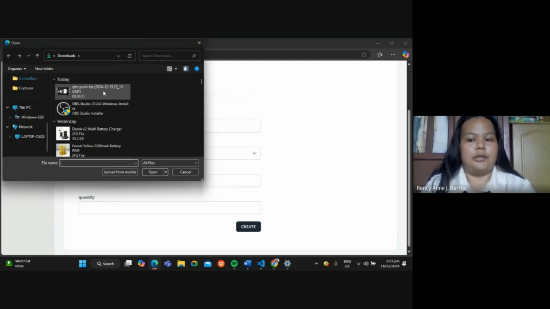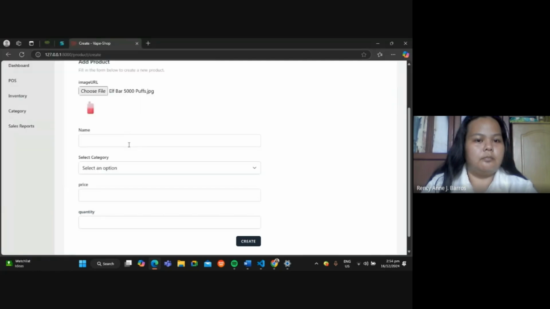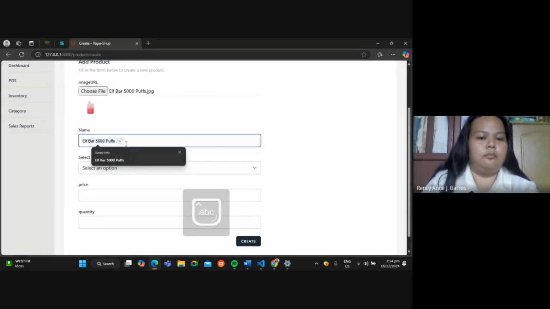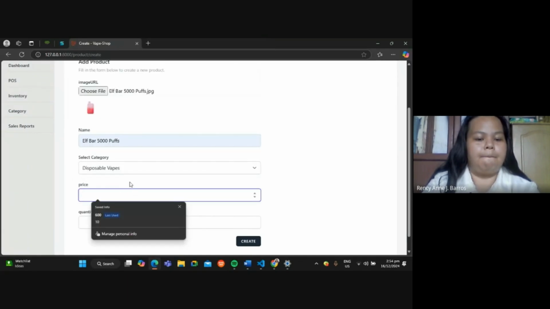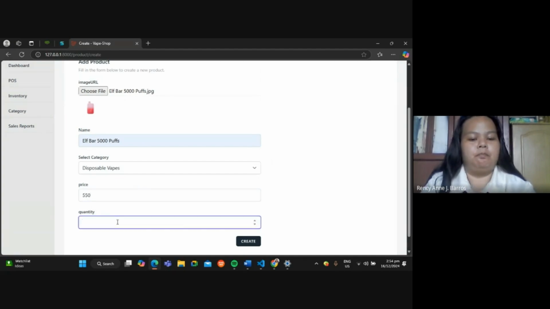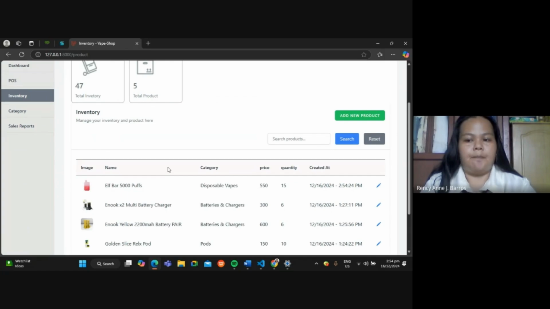Note that adding a product is possible even without uploading an image. After submission, the product table will reflect the newly added product.